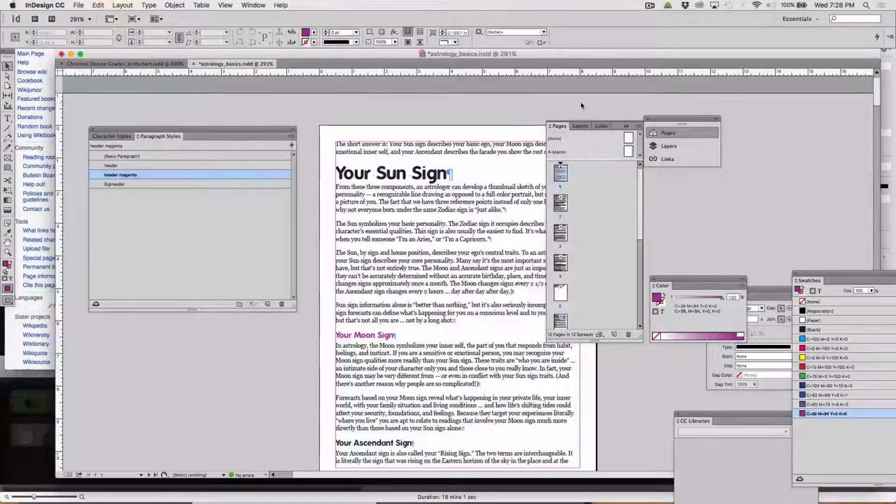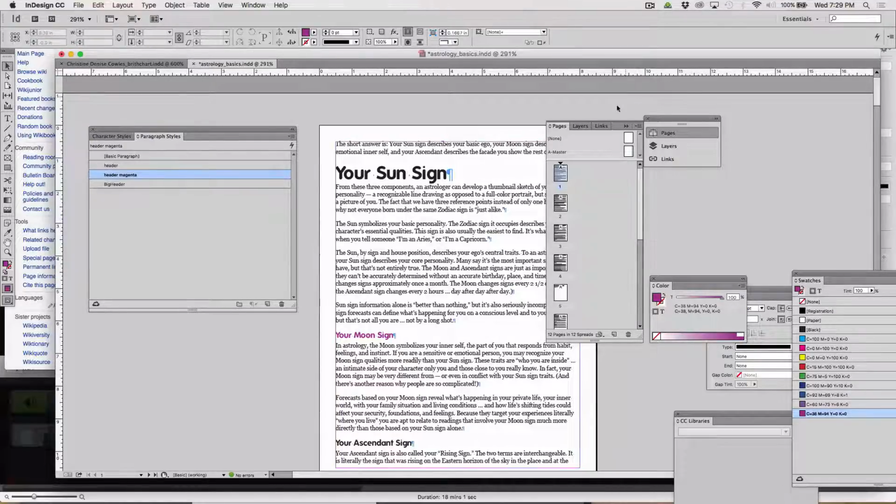Now, I'm going to come over here to this area that's called A Master. If you can see, there's an A already on every single one of these pages. Each page already has an A, which means by default, InDesign has put whatever settings are on this page, even though there's nothing on there, on these pages. So anything I add to this one, A Master, and if you look down here, it says 1,